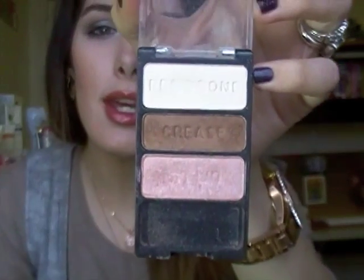So this, for example, has been a winter palette, and this one has been a fall palette. So these two would go in the same category. This one is Walking on Eggshells. I featured this in, I can't remember the name of the video, but I've shown this palette a lot too. And then this palette I've been using a lot in the summer. So this one is in